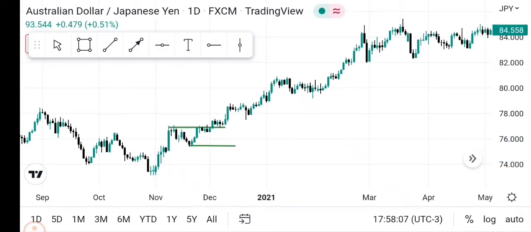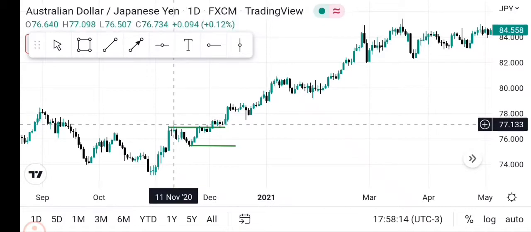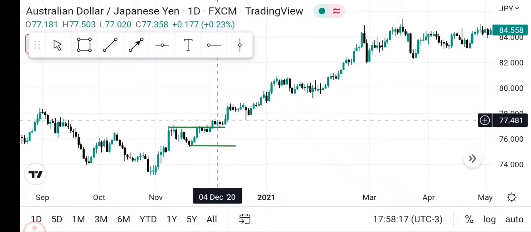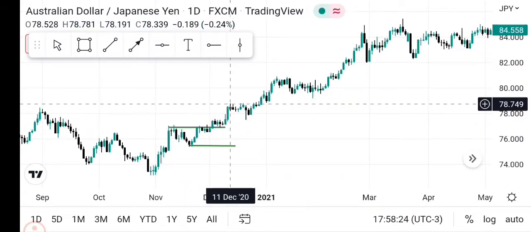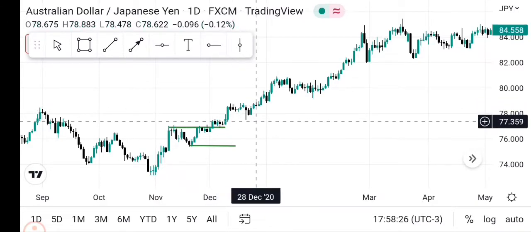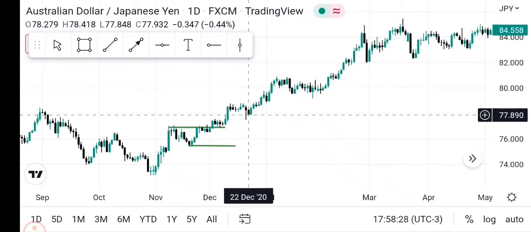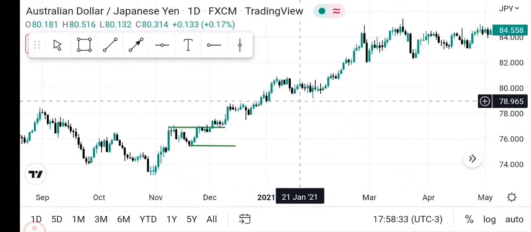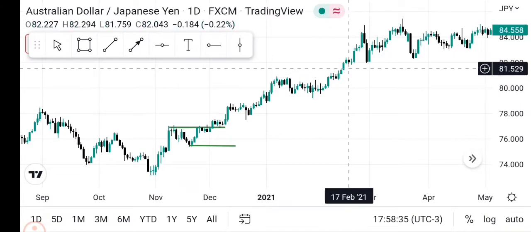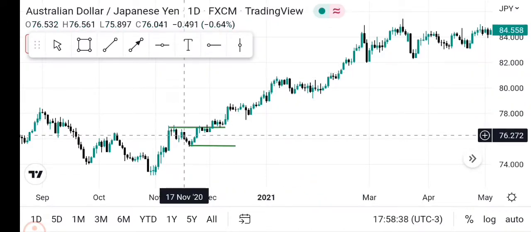Now, we can still go further. All these zones, this is a higher high here. Then below it, this is a higher low. This is a higher high, this high over here. And then this is a higher low. This is a higher high. This is a higher low. And it keeps going and so on and so forth. Now folks,